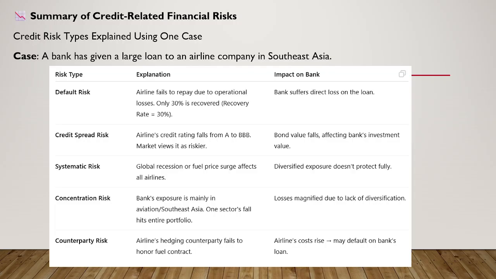worse, only in the Southeast Asian aviation sector, it faces a higher risk. If that segment collapses, it doesn't have other industries or geographies to balance the losses. That's concentration risk. Counterparty risk: finally, imagine the airline entered into a fuel hedging derivative contract with an oil trading